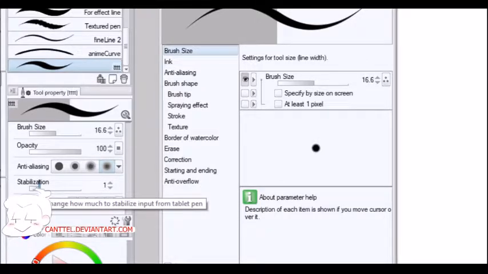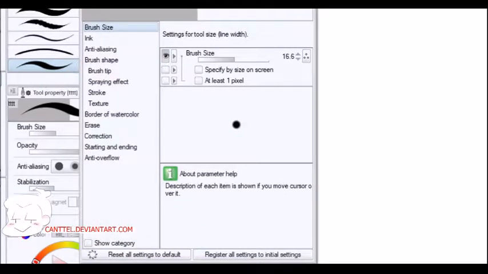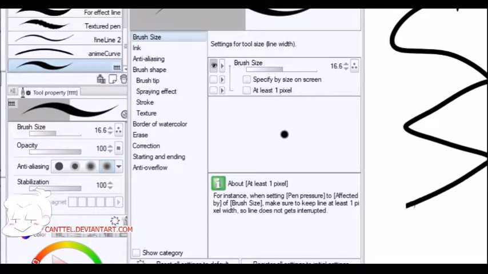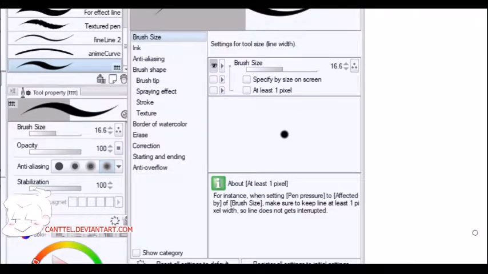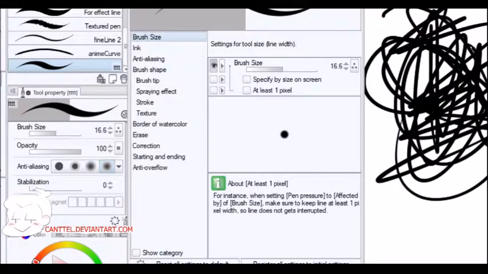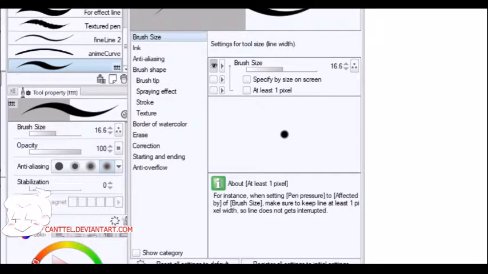first you're going to want to stabilize the tool. Stabilization, all it does is help stabilize your tool movements. So if I put the stabilization all the way up to 100%, then it's going to stiffen my pen movements. If I put it to 0%, the flow of my pen movements is perfectly free. So let's go to stabilize. I usually have mine like right here,